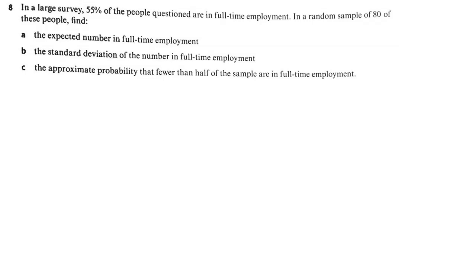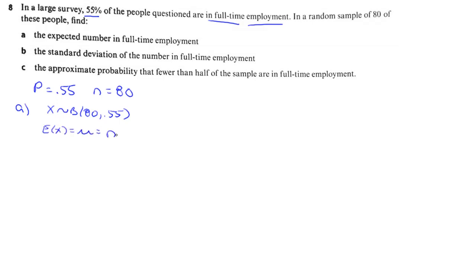On problem number 8, we've got 55% of the people questioned are full-time employed. In a random sample of 80, we've got to find this stuff. So the probability of success, being employed, is 0.55, and the number of trials is 80, because we asked 80 people. This is a binomial distribution with 80 trials and a probability of success of 0.55. The expected value or the mean is going to be n times p, or 80 times 0.55, which is going to equal